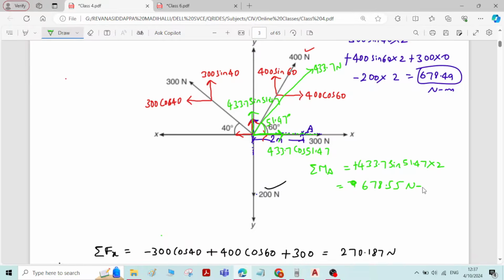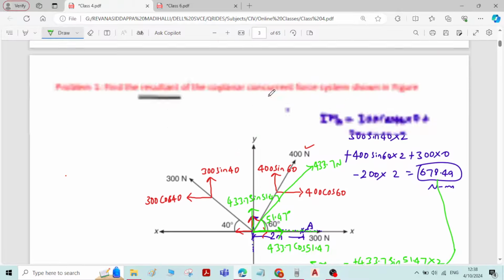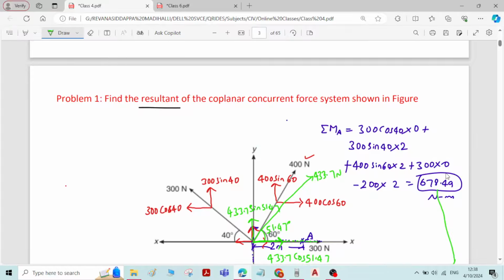678.55 Newton meter. Now compare both the answers, that is the sum of moments of the system of forces and the moment of the resultant force alone. We can see that both the answers are the same, with a very negligible deviation after the decimal point. So this is the Varignon's theorem of moments, which states that the algebraic sum of moments of a system